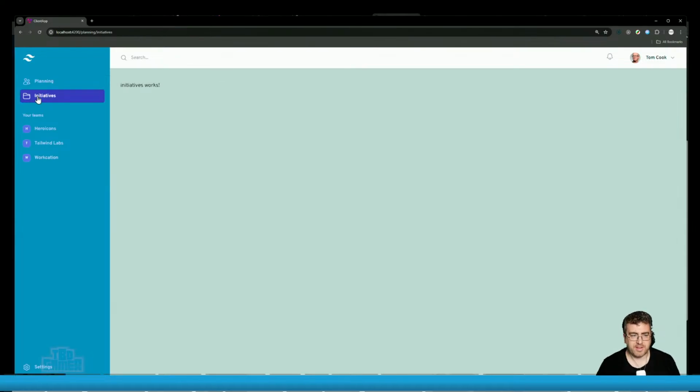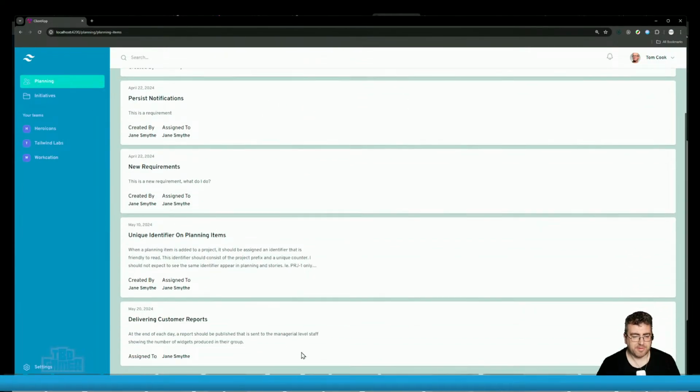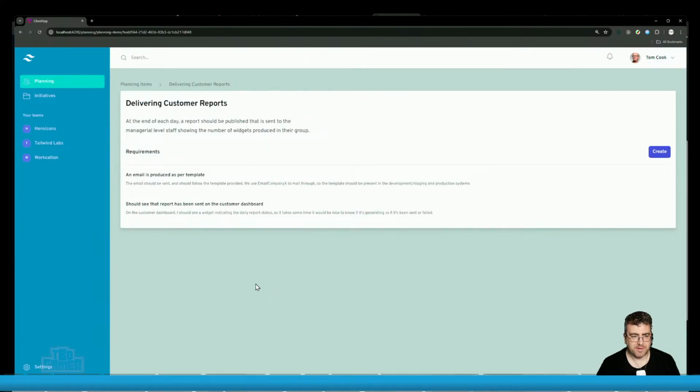The initiatives idea, that was kind of funny that Apex brought that in. But the planning items, the intent is to let the product team figure things out. So this could end up as an epic if they don't know how to group things, but at least it allows them to figure out what they're after, right? So again, I'm not sure this necessarily needs to live with a project, because